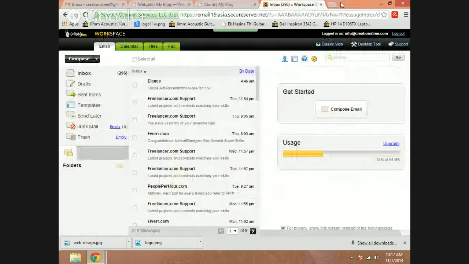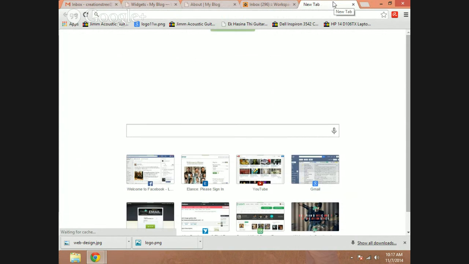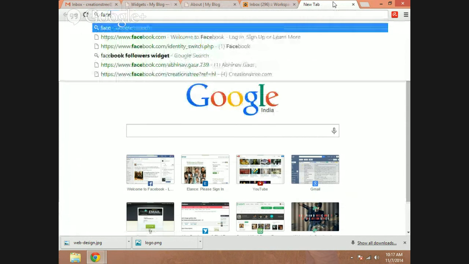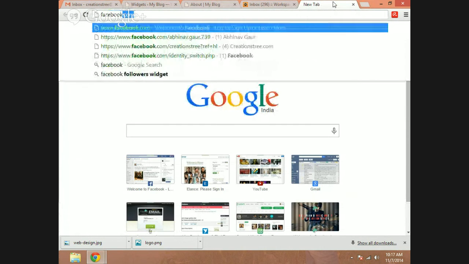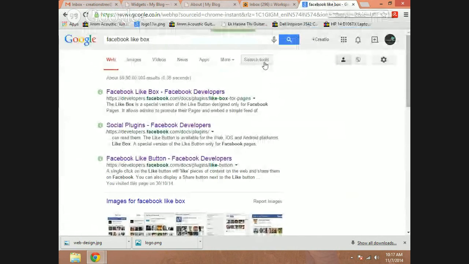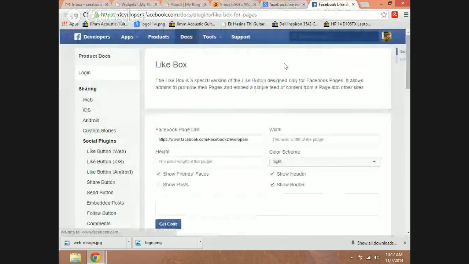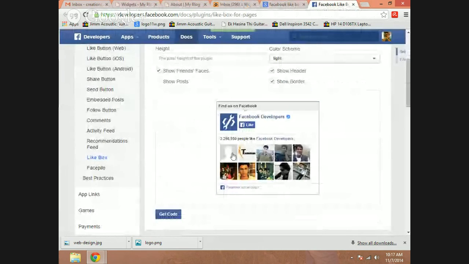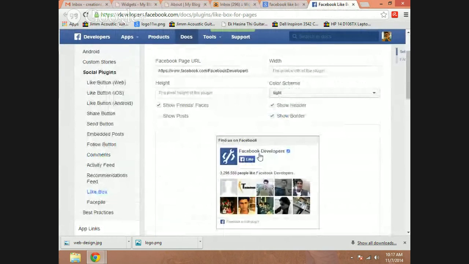And now I'm going to look for Facebook plugin, which we can use as Facebook Like Box. Let's click on it. So it's gonna look like this one,